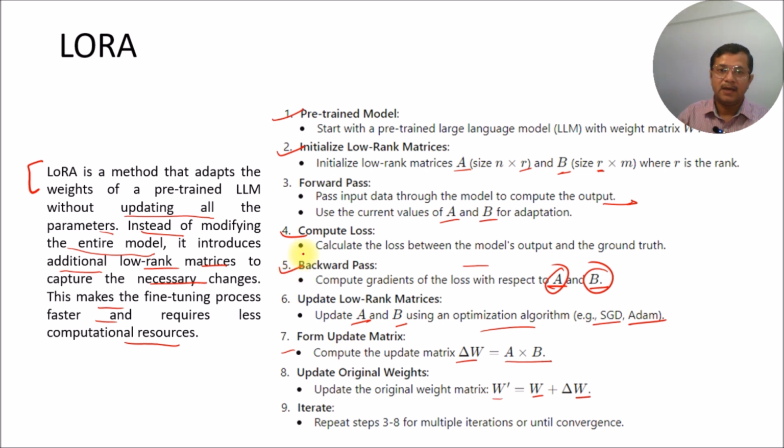And we will repeat the steps: forward pass, loss computation, backward pass, and then update the low rank matrices, and then update the weights using the low rank matrices and add those to the original matrices and continue the cycle. And after some cycles we will have, for example, just like traditional deep learning algorithms